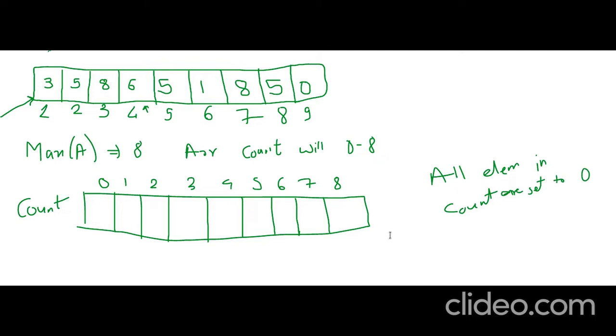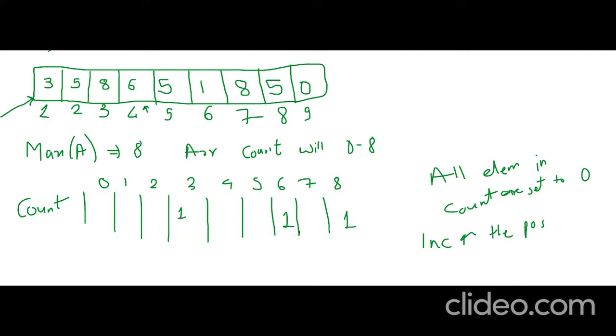So let's start. Count array basically uses indexing methods for sorting. At first it counts the number of elements at each position. So let's traverse through the array: 3, so 1 is incremented, then 5, 1 is incremented, then 8, 1 is incremented, then 6, 1 is incremented, then again for 5, previously the value was 1, then again 1 is incremented, so it becomes 2. Then for the next position it is 1, so again 1 is incremented,